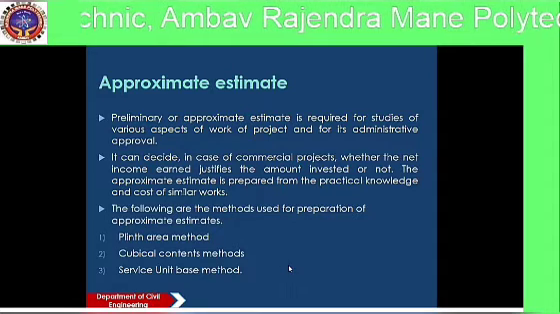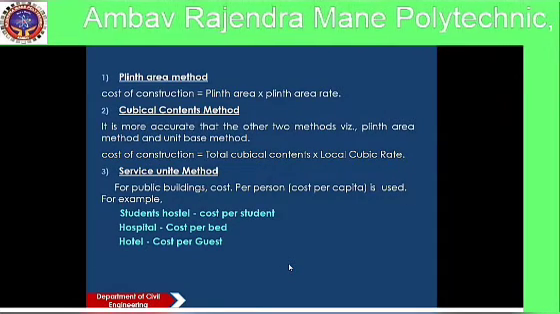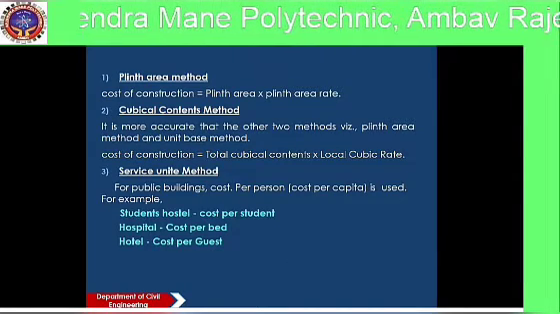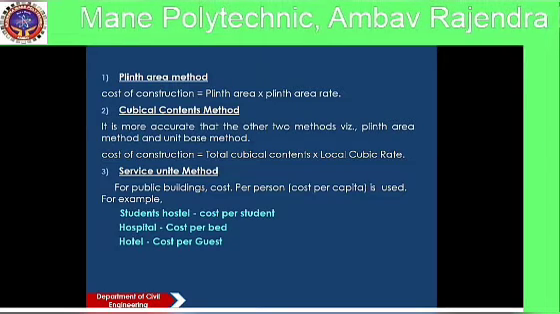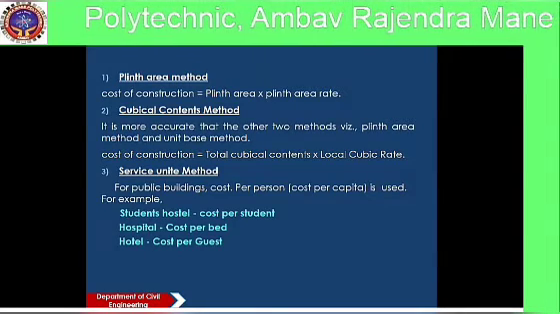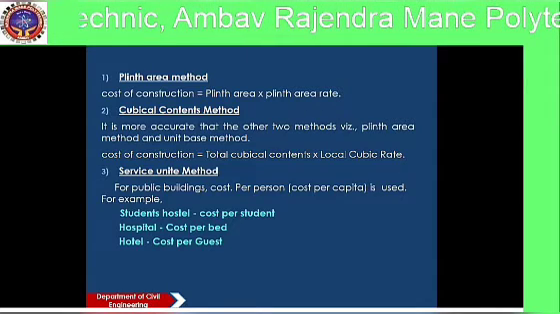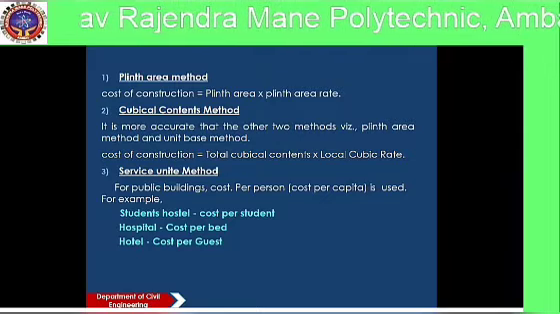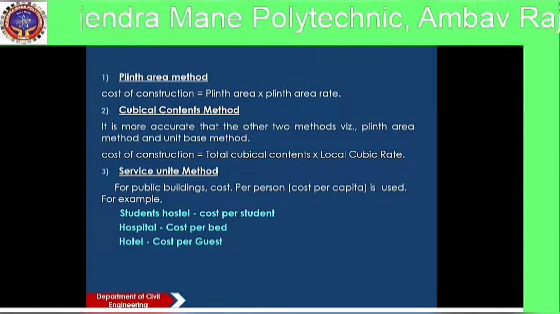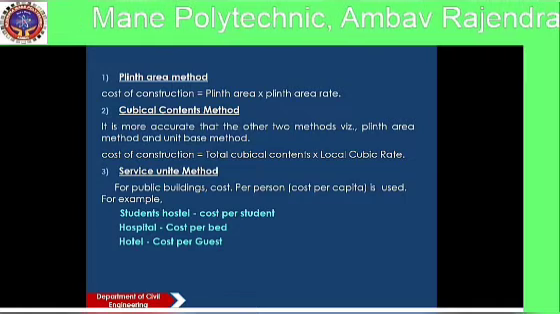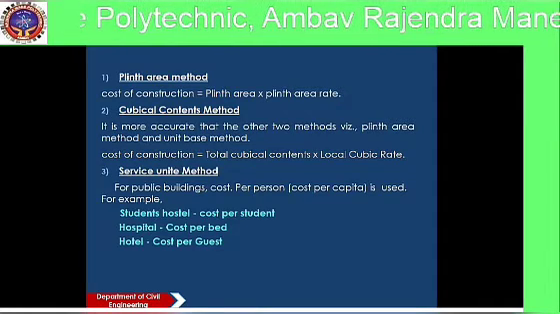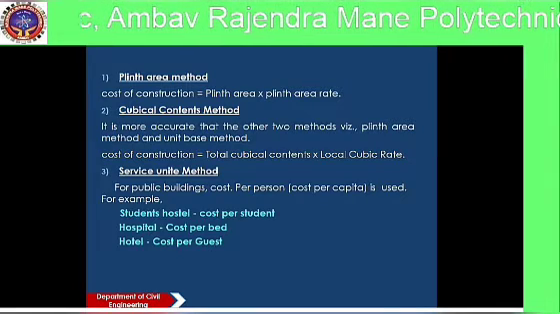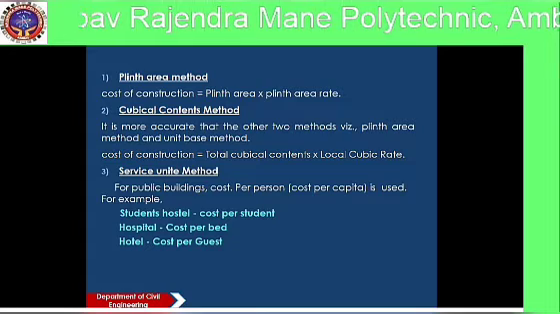service unit base method. In plinth area method, we measure the plinth area and multiply it by the plinth area rate of an already constructed building. In cubical content method also, we measure the cubic content of construction, that means the volume of construction, and multiply it by the local cubic rate, and we will get the cost of construction. The service unit method as also